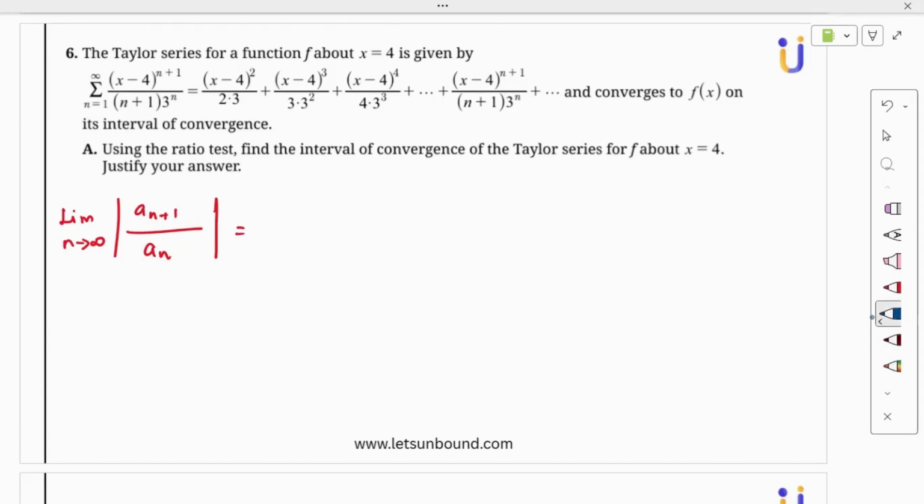What is your a sub n, by the way? a sub n is the nth term of the series. The first term is (x minus 4) whole squared. a sub n is (x minus 4) to the power n plus 1, divided by (n plus 1) times 3 to the power n. So this is my general term a sub n. For a sub n plus 1, wherever n appears, you replace it with n plus 1. That's it. So the limit